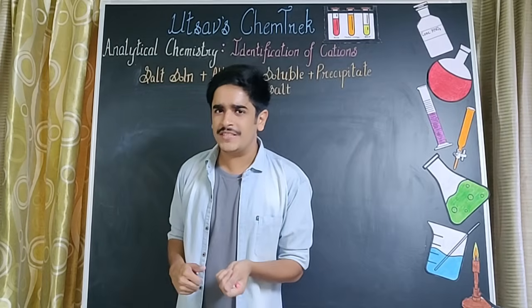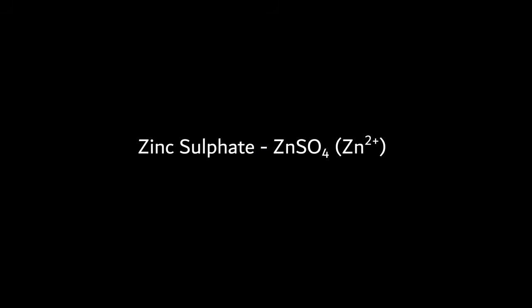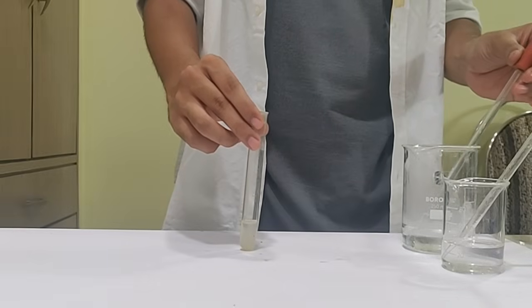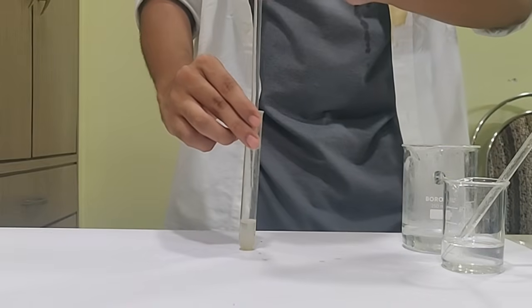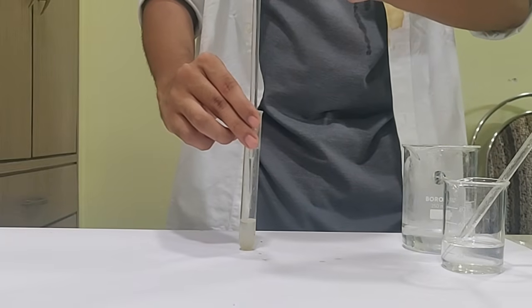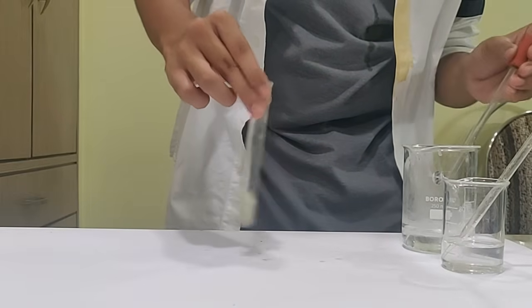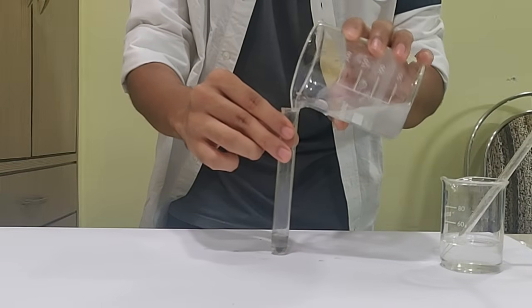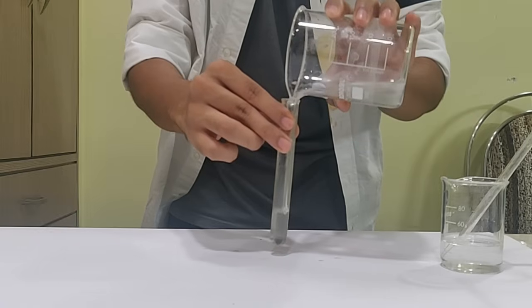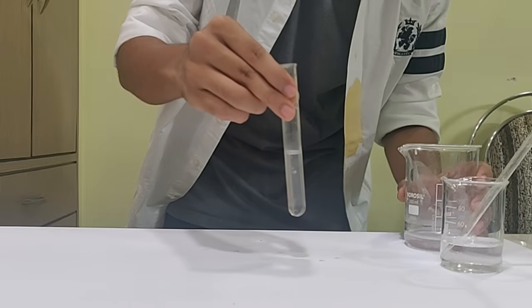Now let's see the reaction with zinc, and this time something really amazing is going to happen. In our test tube given over here, we have a small amount of zinc sulfate solution. To that, we add a small quantity of sodium hydroxide drop by drop, and I am supposed to expect the formation of a gelatinous white precipitate. To this gelatinous white precipitate, if I add sodium hydroxide in excess, we will see that the precipitate is going to completely dissolve, giving me a colorless solution.